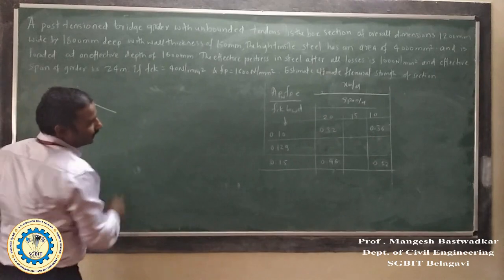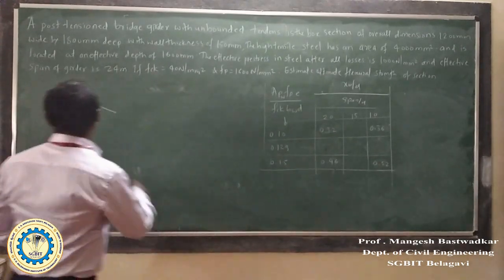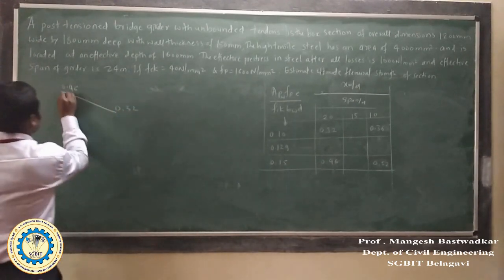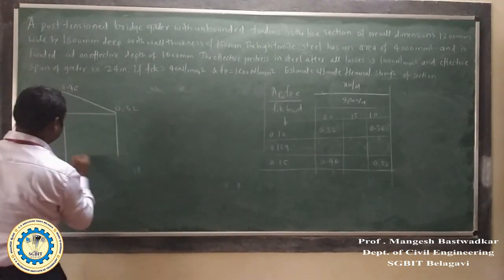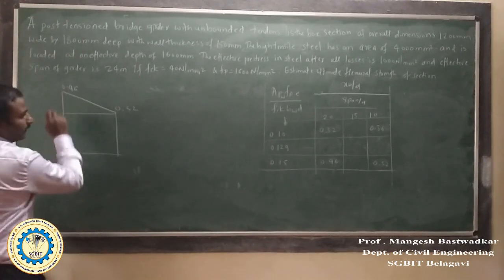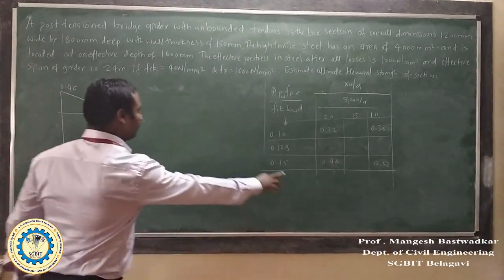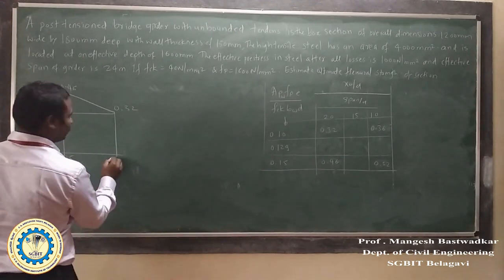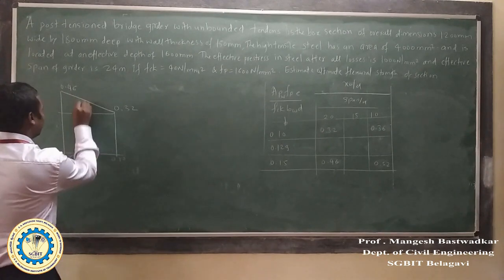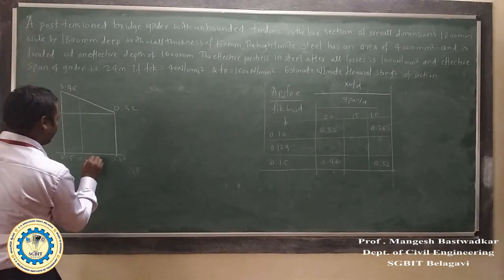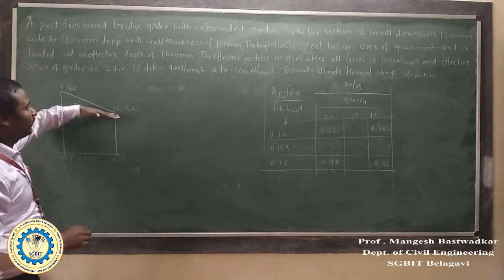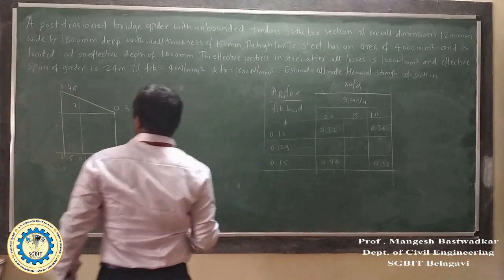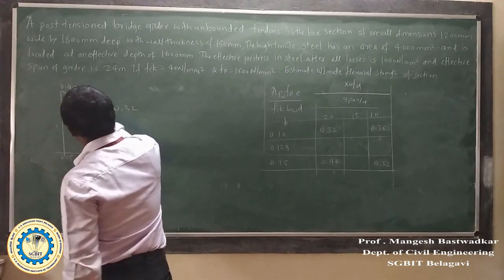So first draw an inclined line, here the upper value first 0.46 and here 0.32. Now here write the corresponding value also. For 0.46 the value is 0.15 and for 0.32 the value is 0.1. For 0.129 we require this value x. This value we know, 0.32. This plus this will give this value. So first we will find the value of x.